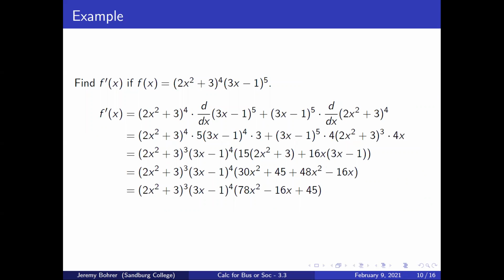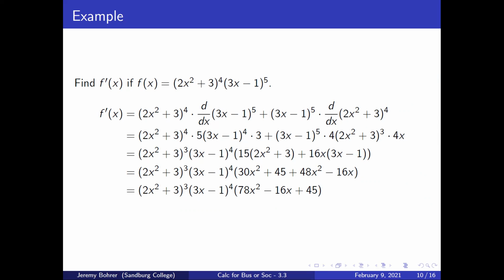Find f'(x) if f(x) = (2x² + 3)⁴ (3x − 1)⁵. f'(x) = (2x² + 3)⁴ times the derivative of (3x − 1)⁵ plus (3x − 1)⁵ times the derivative of (2x² + 3)⁴, which is (2x² + 3)⁴ times 5(3x − 1)⁴ times 3 plus (3x − 1)⁵ times 4(2x² + 3)³ times 4x, which is (2x² + 3)³